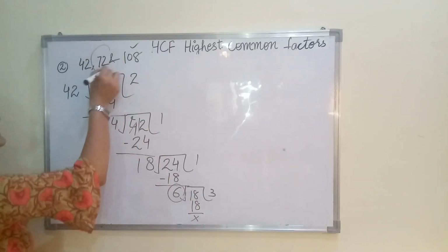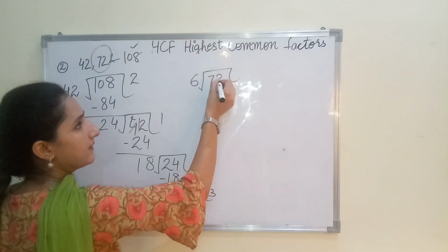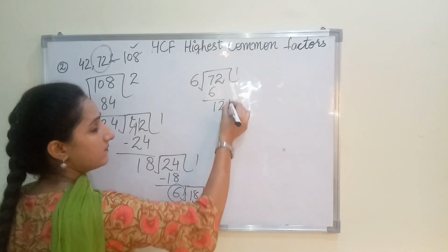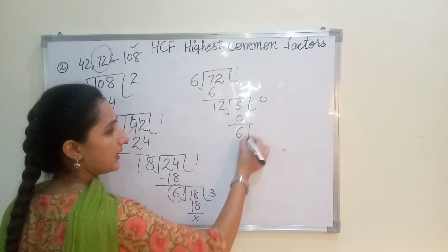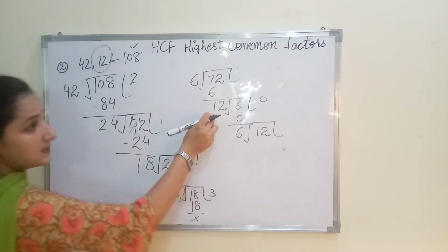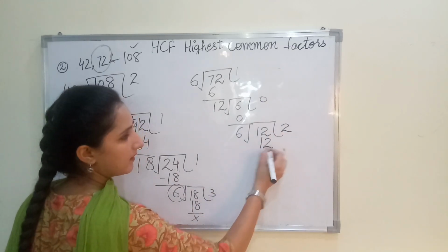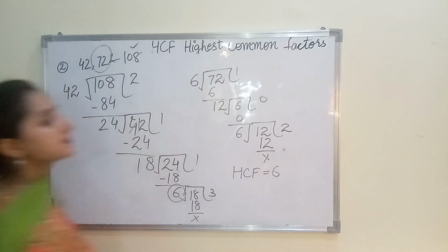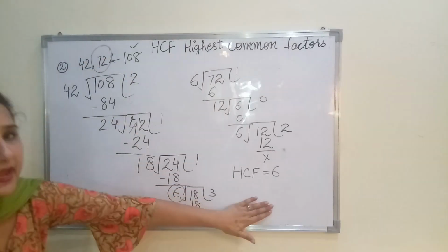Now the remaining one is 72. तो आप इसको डिवाइजर बना के 72 से करेंगे. फाइन. तो क्या करेंगे, 6 1s are 6, 1 carry 12, 12 zeros are 0, 6. Again this one is now, what is this? This is divisor. Now it becomes dividend. 6 2s are 12. So the HCF is 6. फाइन. सो आपको इस ढंग से तीनों नंबर्स को यूज करके HCF निकालना है.